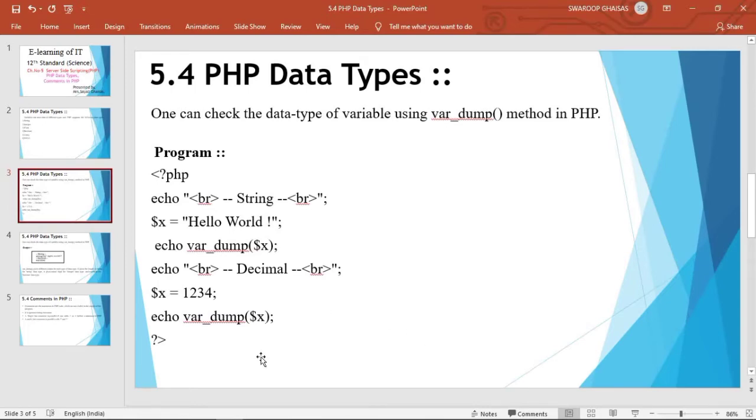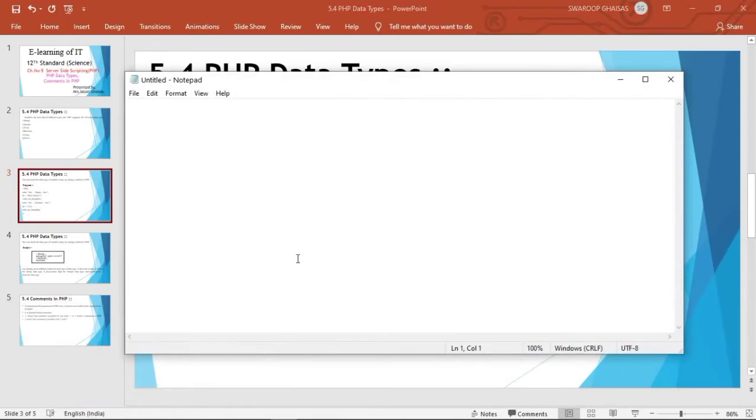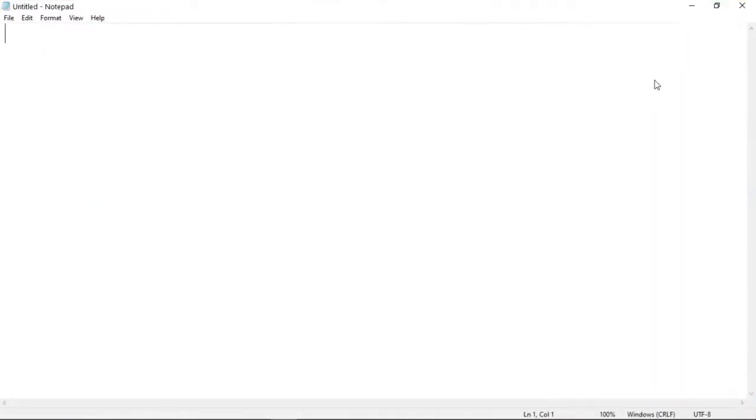For that, first of all, we have to open Notepad and start writing the code. PHP code starts with the opening PHP tag and ends with the closing PHP tag. Then here let us add an echo statement, suppose "string is", and let us add a br tag to have the next output on the next line.